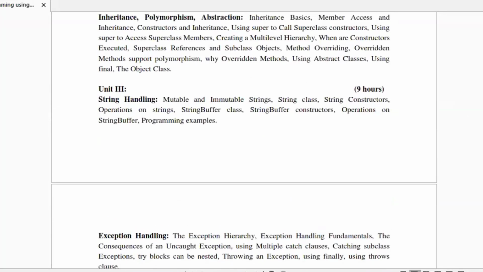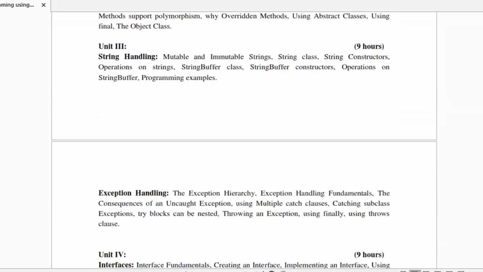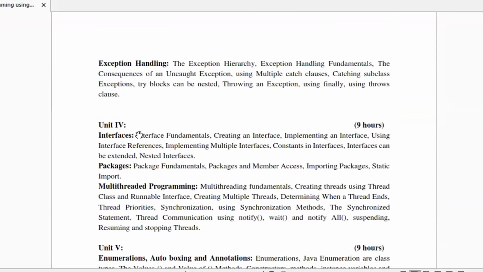Okay, so with respect to internals, you have to prepare from the concepts of inheritance, polymorphism, abstraction, string handling, exception handling, interfaces, and packages, right? In packages, we have discussed the package fundamentals, and package member access we have yet to discuss. If you are clear till this particular part, you can do well in the exams,